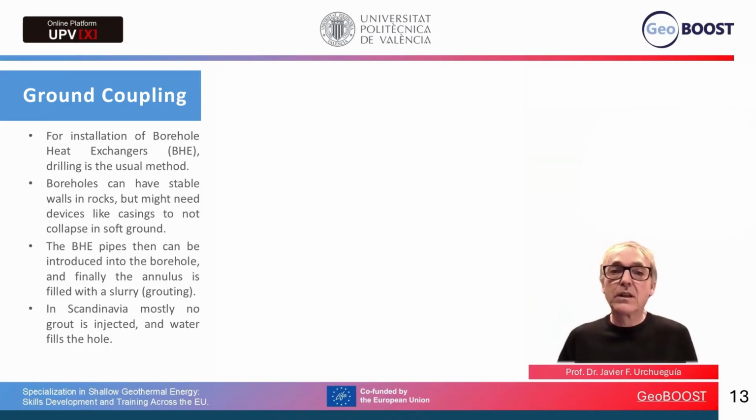How do we couple the temperature of the underground with our heat pump and with our building? This means we have to install some pipes in the underground. These pipes are typically plastic, and they're installed by means of drilling machines of different types of technology, depending on the type of underground we have, or recoverable casings, which sometimes are used to stabilize the borehole in order to